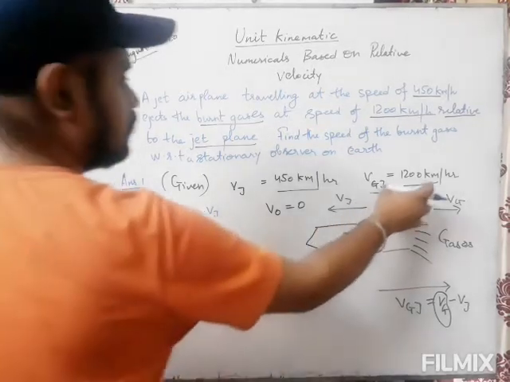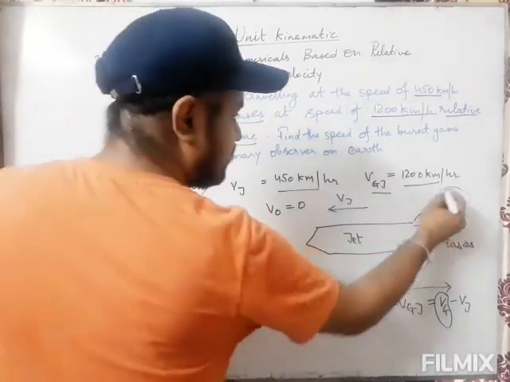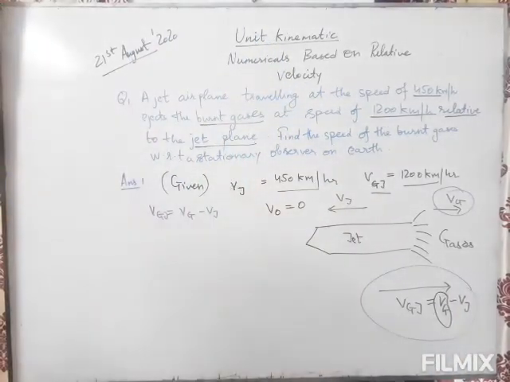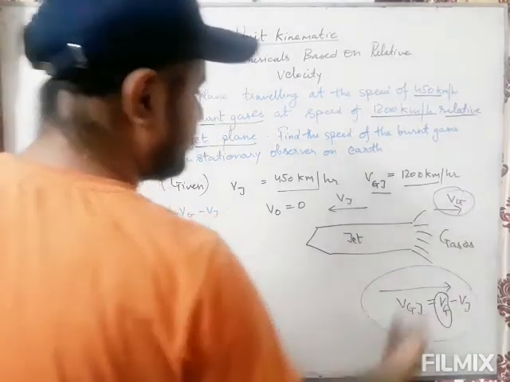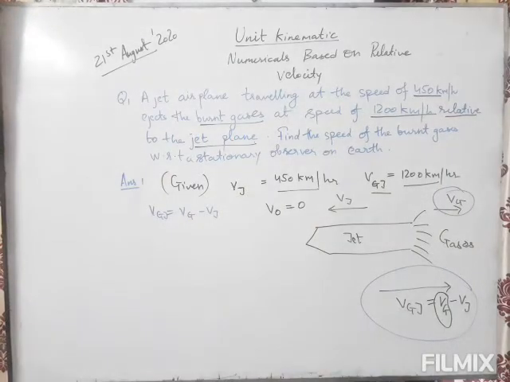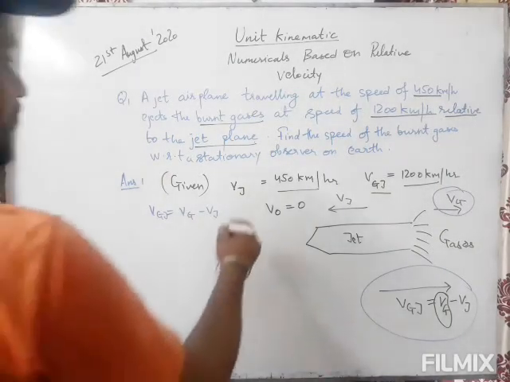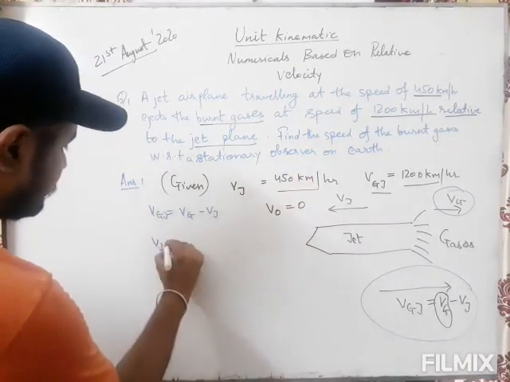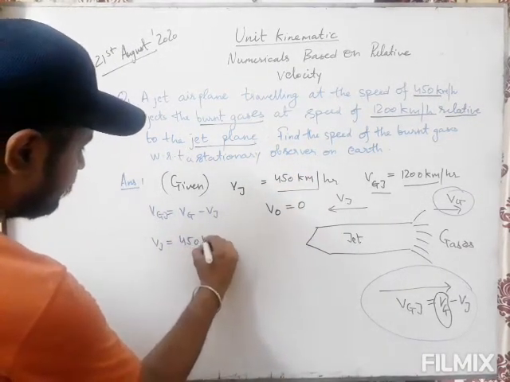Here we know that the gases and the relative velocity of gases are in this direction, but VJ is in that direction. So if we consider them to be on that side, we will be putting a minus sign ahead of that. Likewise, VJ is 450 km per hour